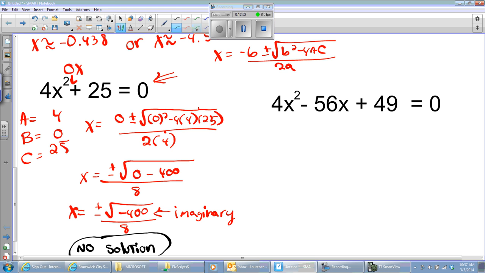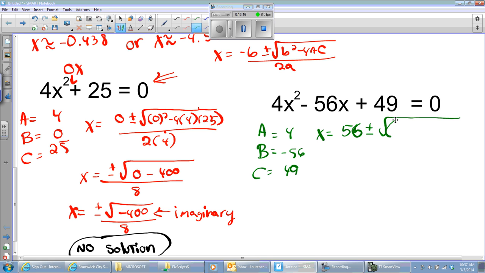Okay, let's go on to this one over here. I got A, B, C. Easy as 4, negative 56, 49. And I'm going to plug it into x equals negative of b. If you don't understand that, b was negative 56, so I need the negative. It's positive. Plus or minus the square root of b squared